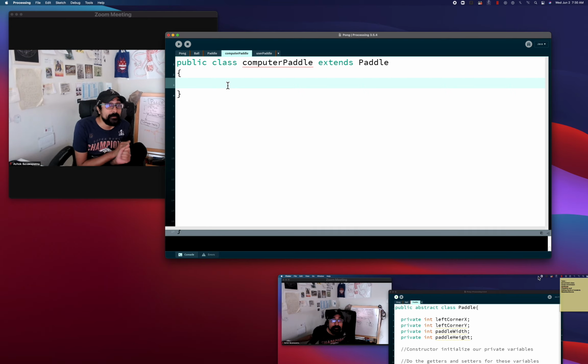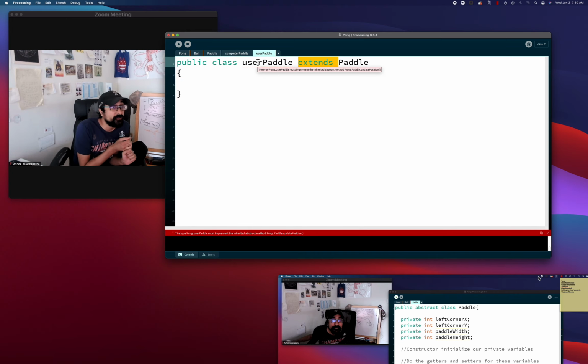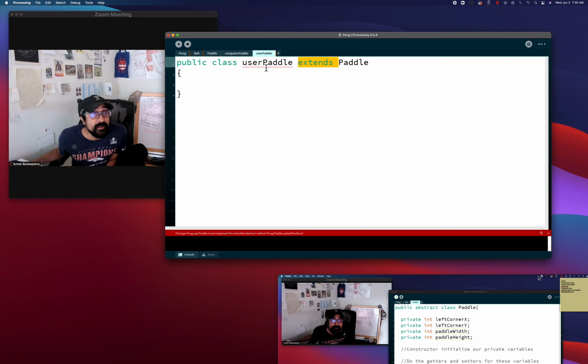All right, so what does that mean? Well, you've already implemented the constructor. Let's start with the user paddle. You've already implemented the constructor. You've already implemented how it gets drawn. You've implemented the getters and setters. There's one thing you haven't implemented, though. And if we hover over this, it gives you a hint to it. So it says the type user paddle must implement the inherited abstract method